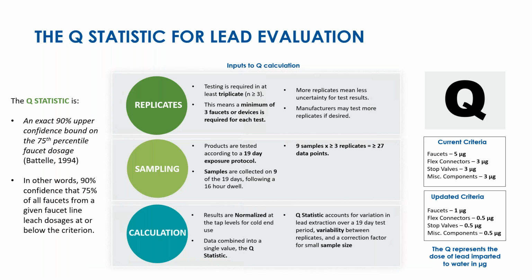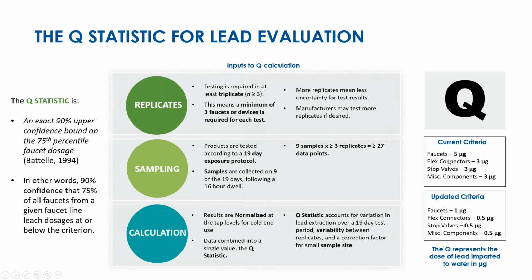So in summary, the overall Q statistic is a representation of the dose or the mass of lead that is imparted to drinking water from a faucet or another mechanical plumbing device. The current criteria for the Q are shown here. So faucets currently